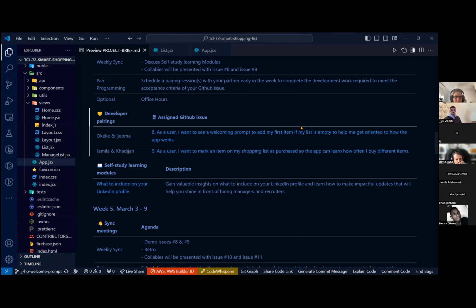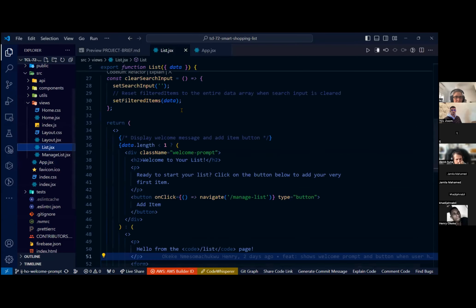If the list is empty, it will tell them. So I'm going to head over to the list components. At the list component, to be able to display the welcome message, we created the welcome prompts by adding the JSX. Then to get the item,